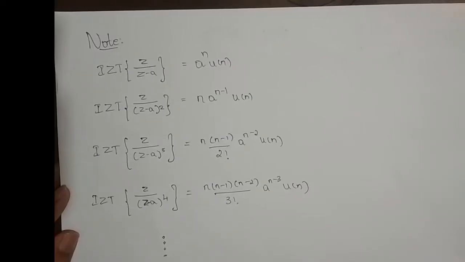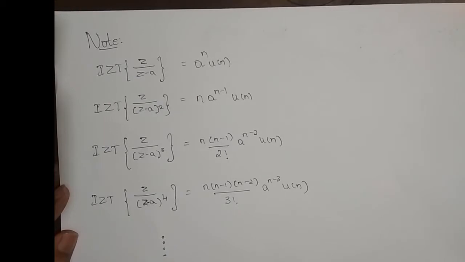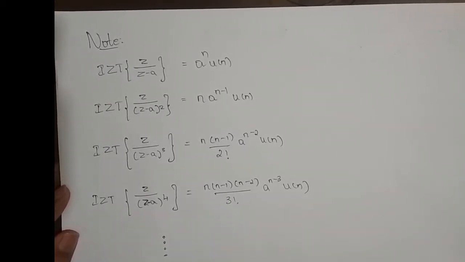Hey guys, in the previous two or three videos we have taken up problems on solving inverse Z transform. The problems which I chose had non-repeating roots. In case the roots are repeating, how do we solve it? We will take up repeating roots. Before we proceed with the problem, we need some prerequisites.